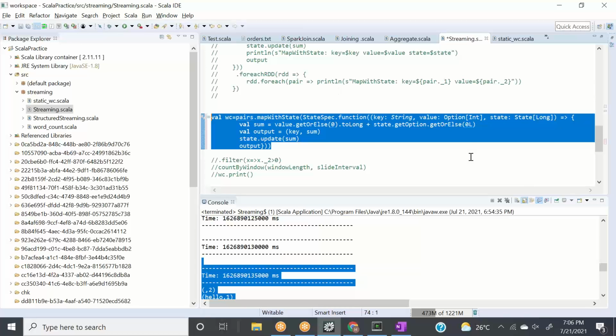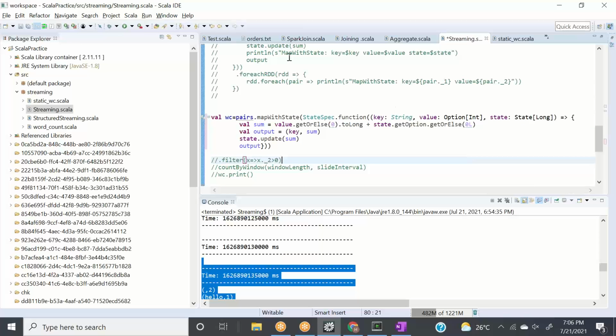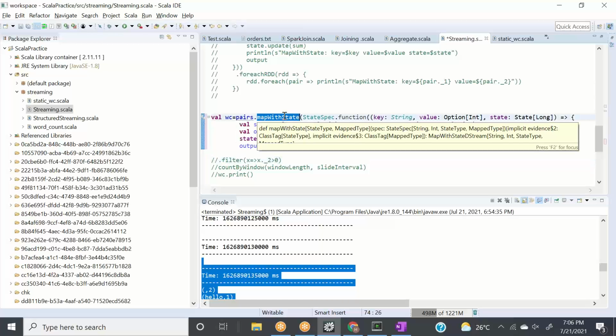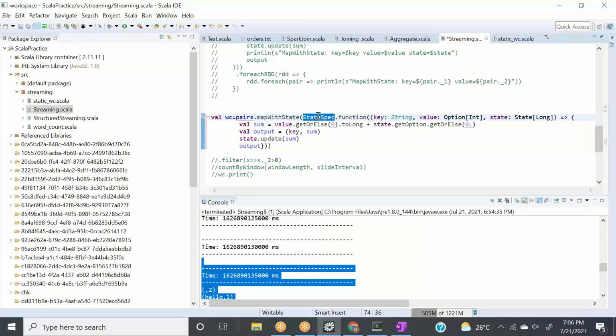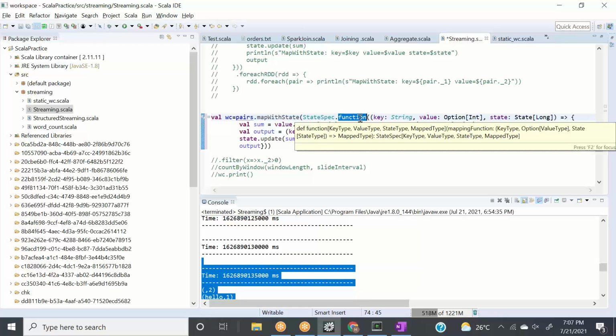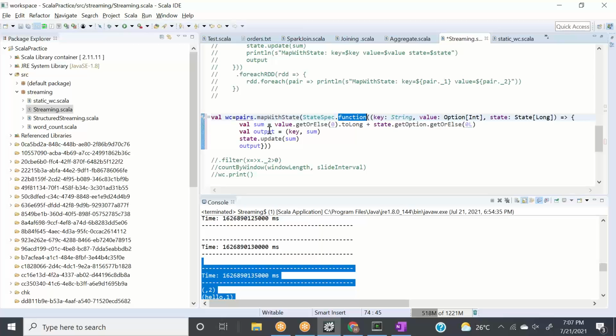What we are saying here is very easy to write and very easy to read. With pairs, call mapWithState and pass this state specification function. Into this function, we need to have three parameters. The first parameter is key, the second parameter is value, and the third parameter is state. From the value, meaning your previous value, if the previous value is there, take it.